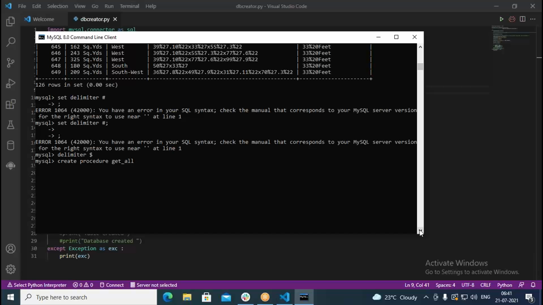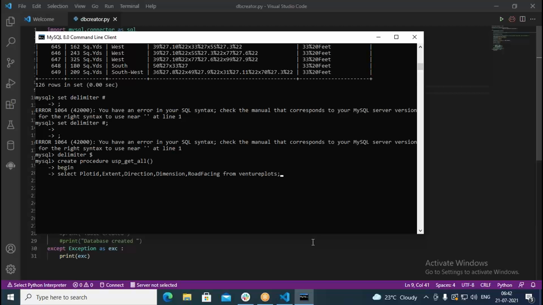Okay, get all, we write here USP underscore get all we write, followed by, I should use empty parentheses. If you have any parameters, we need to put there. Then here we write begin, then here write whatever I just copied, I paste that.